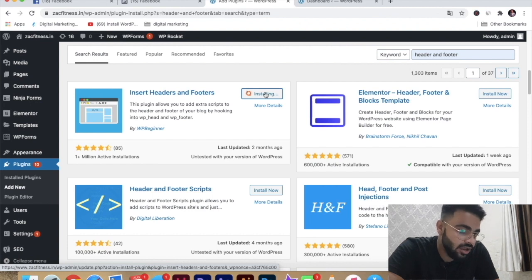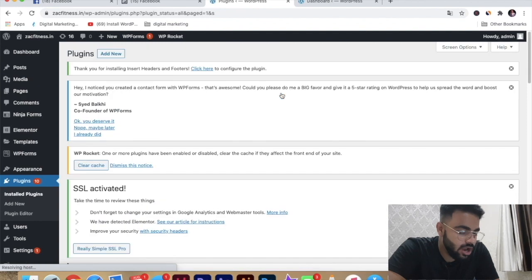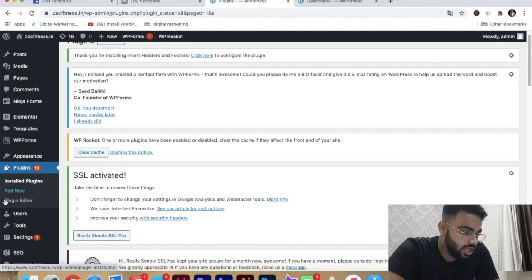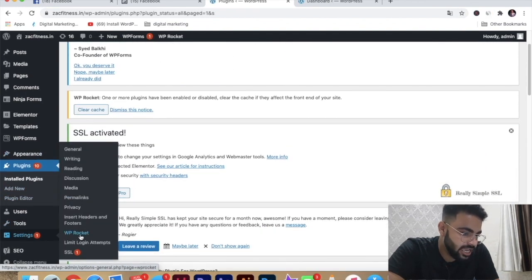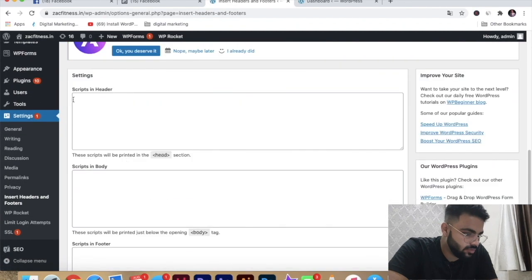Now click on install, click on activate. Now it's activated. You just have to go to settings, Insert Headers and Footers. Now you see scripts in header, right? Go back to your code.